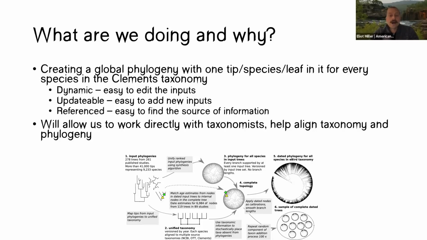To dig into the why of why we're doing this, for starters, the processes of phylogeny publication and taxonomy revision are usually two separate steps right now. Findings are published all the time that challenge current taxonomy, although fewer and fewer these days. Thank you very much for all the hard work, taxonomists. But at any rate, we don't really have a centralized place where taxonomists can look to see what might need renaming. Taxonomists need to watch the literature, gauge how good the support is for renaming, and then make a decision about how to proceed. And so what we're doing here, as I'll show you, can hopefully help streamline that process.